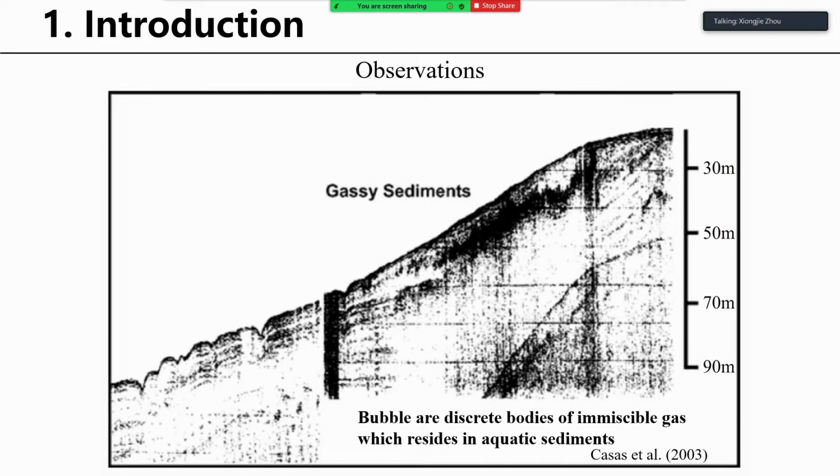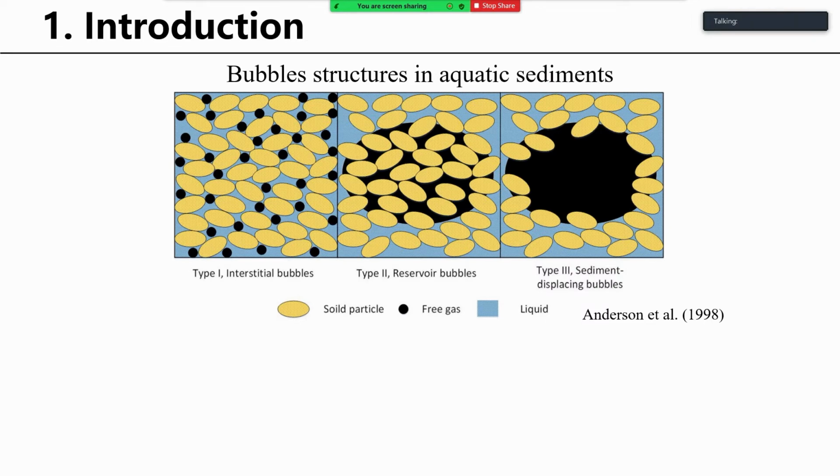Gassy muddy sediments are typically uncemented, cohesive, and fine-grained. They are a source of permanent concern because of their contribution to the destabilization of marine aquatic and coastal infrastructure, and also to air pollution and global warming. Bubbles in different